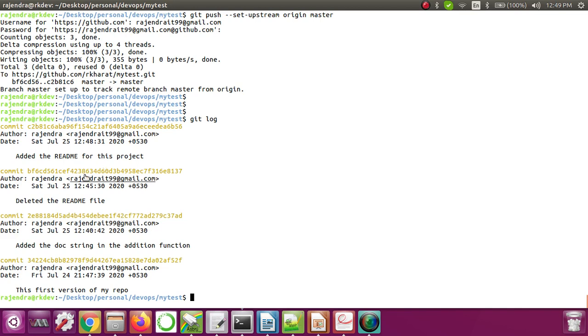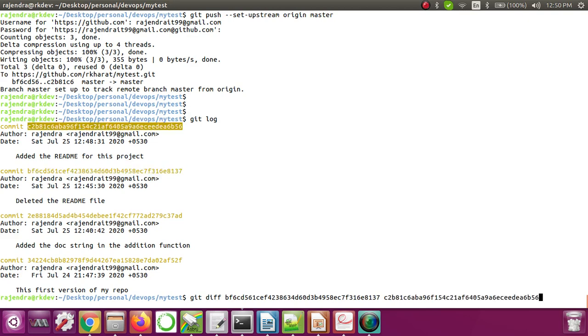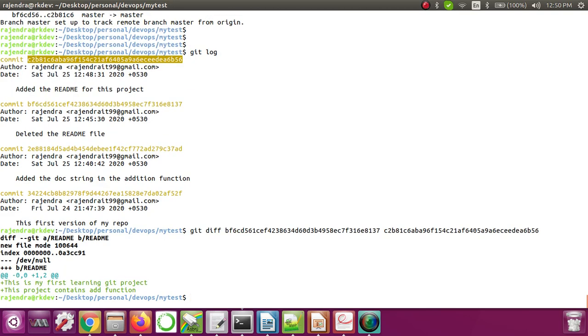Now if you want to see the difference between these 2 commits, let's do that. Git diff, let me just use the old commit ID first, and then the new commit ID. Now you can see what the difference is.